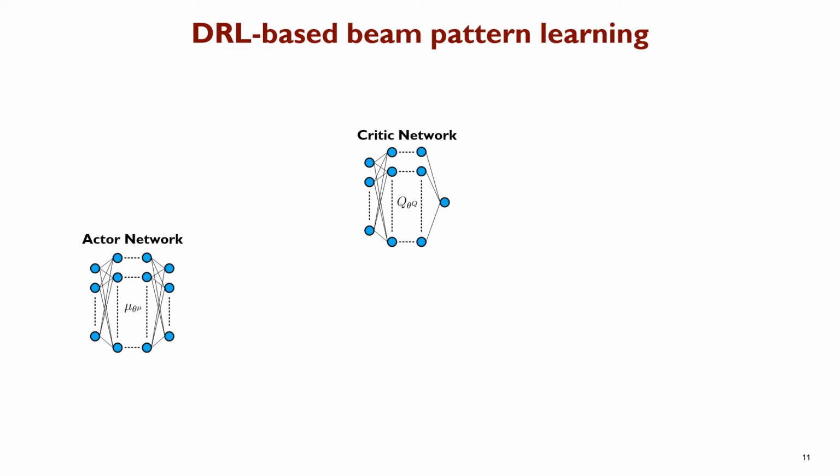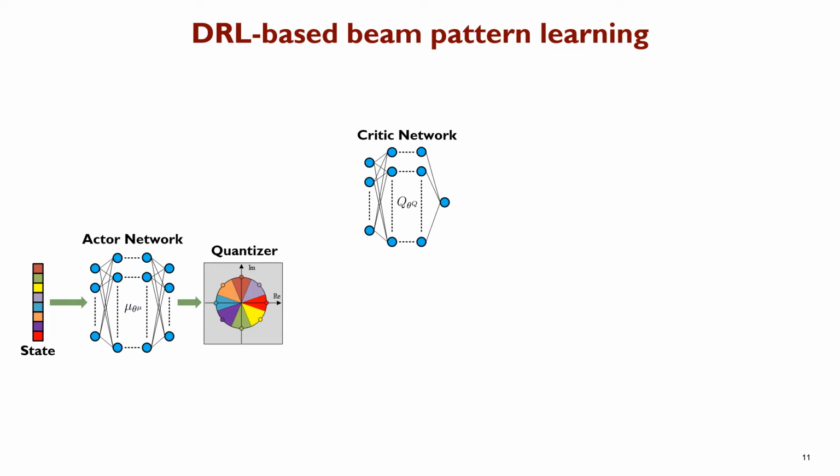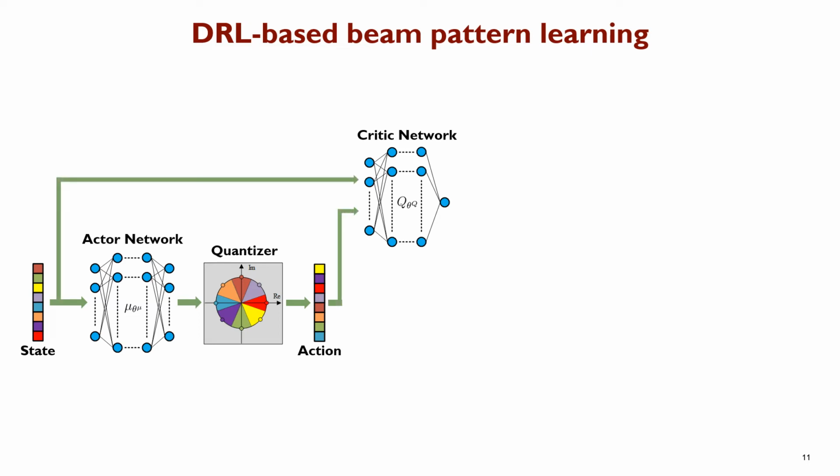So in a similar fashion, we also adopt this actor-critic framework, and we input state, which is the phases of the beamforming vector, as mentioned before, to the actor network to get a prediction. And this prediction will first go through a quantizer because we only have discrete phase shifters. So the quantizer here is to make sure that all the predicted phases are implementable by the phase shifters. And then both the previous phase vector and the new phase vector will be inputted to the critic network to get a Q value, basically to indicate how good this transition is from the previous one to the new one.